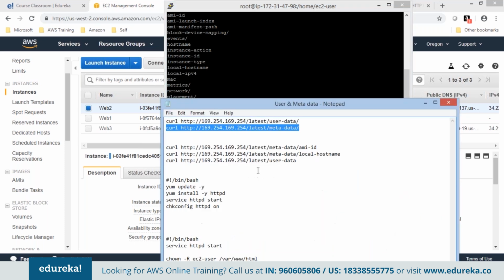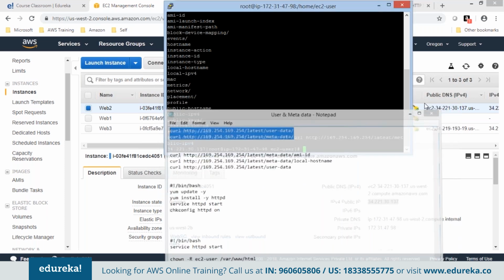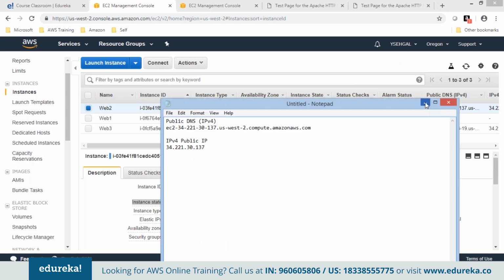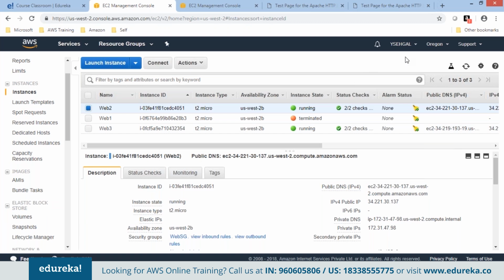And if you want to check the script or series of commands supplied during the launch process, you will look out for user metadata. So I have given you both these URLs. These URLs would be applicable across all the instances. The next thing we'll do is analyze the stop behavior of the instance when we stop it